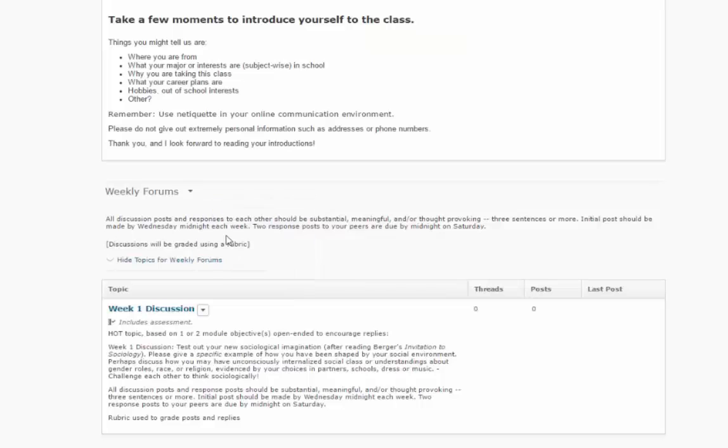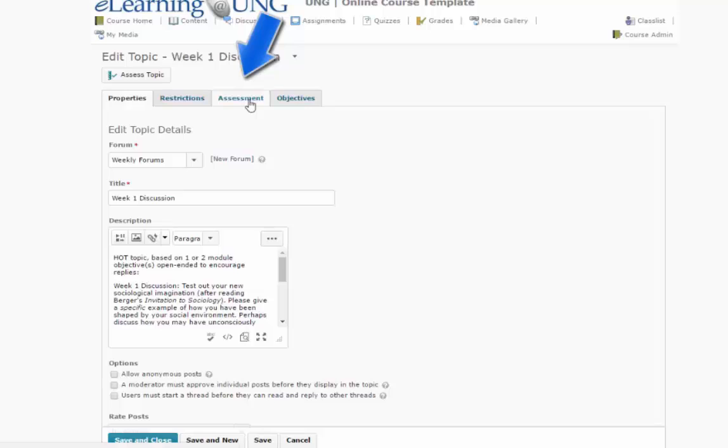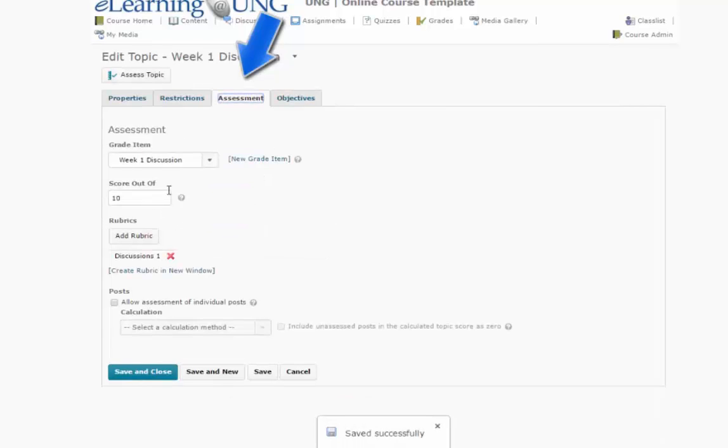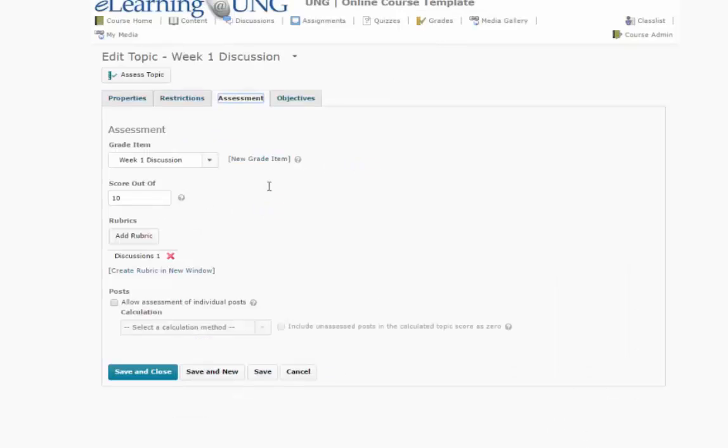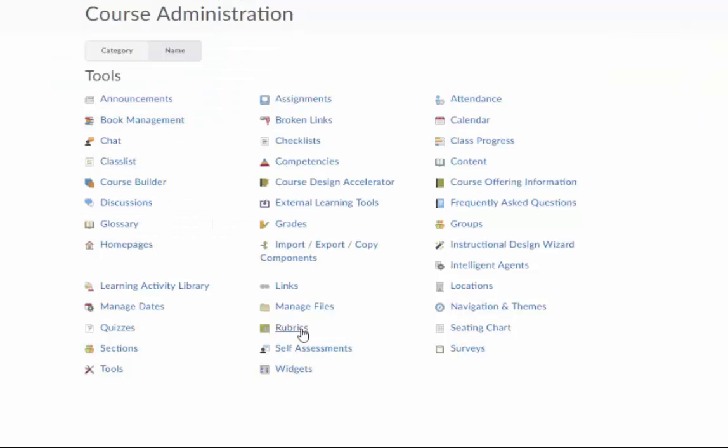Okay, once again, we're going to edit the topic. And then you'll notice at the top it says assessment. This is the way that you will need to associate this discussion activity to the gradebook. Brightspace by D2L does not automatically create a grade item. So I will be creating a new grade item by going to the Assessment tab. In this next video, even though it doesn't look like our Brightspace by D2L, it gives you a general idea